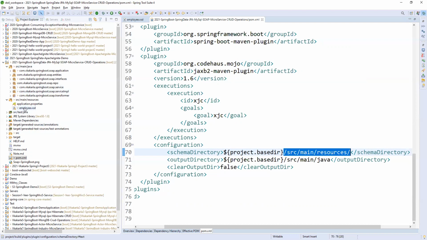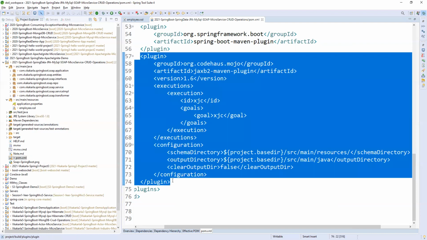So let me open this. In the employee XSD, I'm giving a schema directory, and I'm giving the output directory as src main java. So whatever the request and response objects for this SOAP service, I'm generating all the DTOs instead of creating them manually. I'm preparing one XML schema, and using this plugin, I'm generating the input and output objects, right?